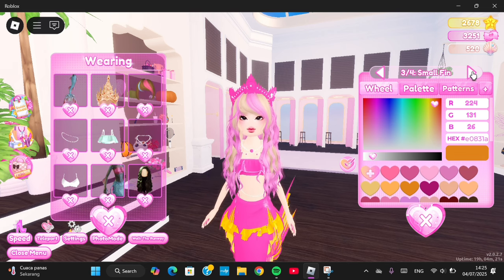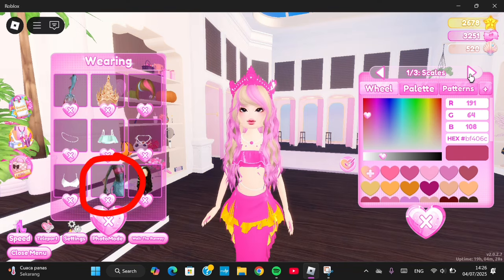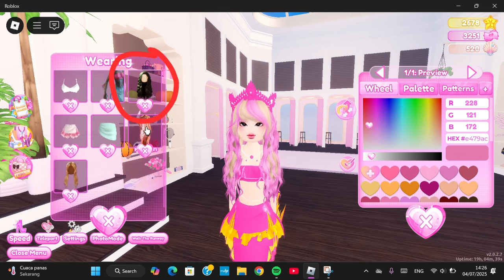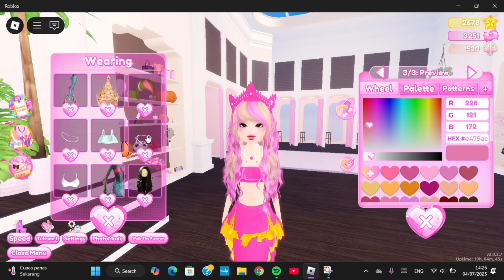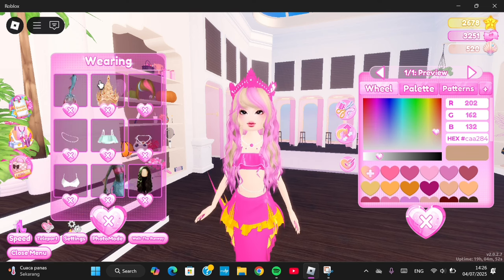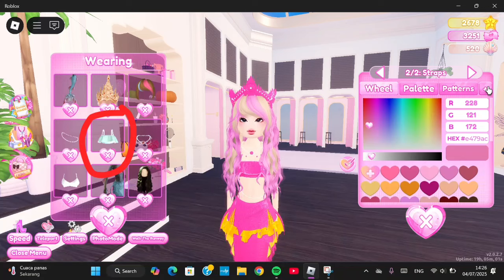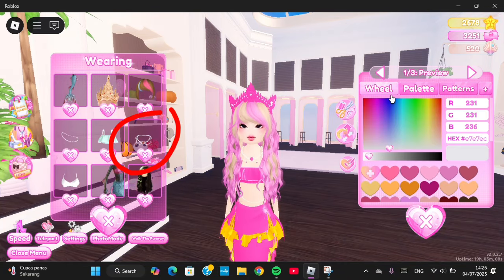All right, this is for the color code, and then you're going to get this item as well and make it this color. Okay, and for the hairstyle, you can choose this one, make it pink, and then combine it with this bangs, make it this color. Okay, and then this hairstyle, make it this color, and then you're going to put on this crown and select toggle 2 and make it this color, and this top, make it this color, and change the material to glitter and put on this necklace, make it this color,